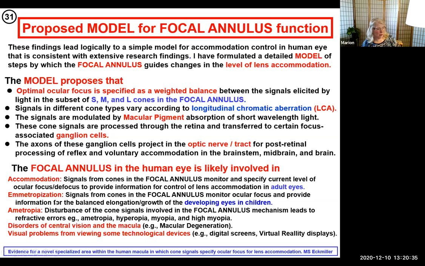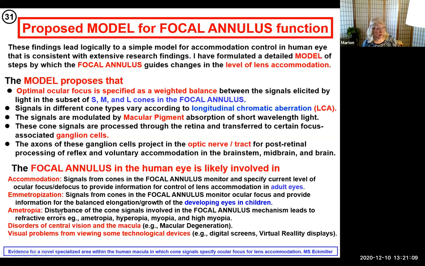And if we are, the same or an analogous mechanism can also be used when the eye is growing, for what's called emmetropization. So the eye of children would hopefully, ideally, grow such that the power of the lens is appropriately balanced by the length of the eye, and everything is changing. But if this is done in a balanced fashion, the eye will not have any refractive errors, but be emmetropic.